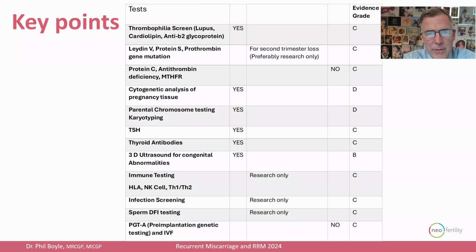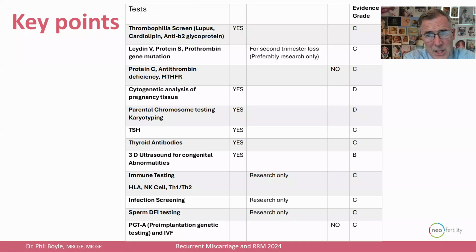So first of all, what about the level of evidence for the different tests? And one of the big ones that I'd see regularly is the clotting studies. So I think it's still very reasonable for most couples, once they've had 3 consecutive losses, to consider investigations with these thrombophilia or blood clotting studies. And what surprised me is that it's the acquired thrombophilias that are the most important to look for, because that's where the evidence is. So that's the lupus anticoagulant, cardiolipin antibodies, and anti-B2 glycoprotein.